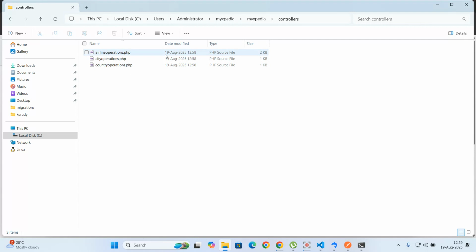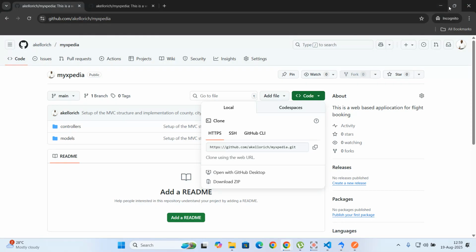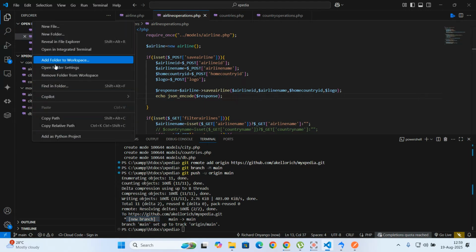I want to make a few changes to my files. For example, you can see here I don't have a folder called databases, and I didn't include the database. Let me say, for example, I forgot databases and I want to add back the database inside this particular folder. Since you already downloaded it, I'll close this. I don't need this anymore. I'll come and make changes here and create a new folder called databases